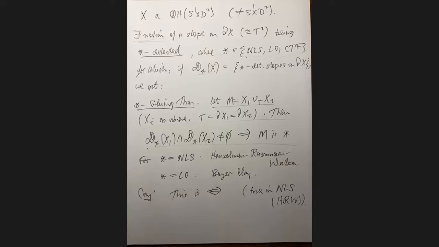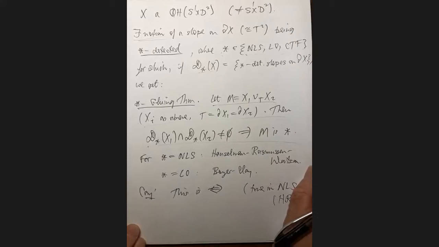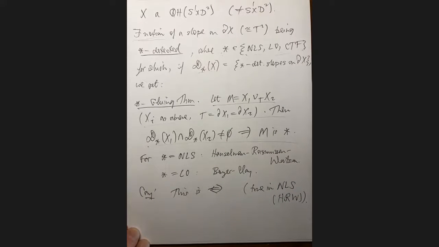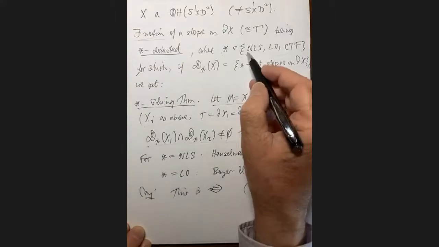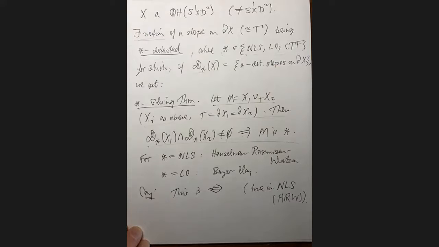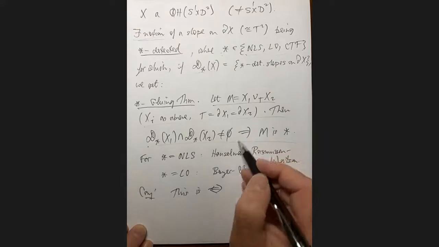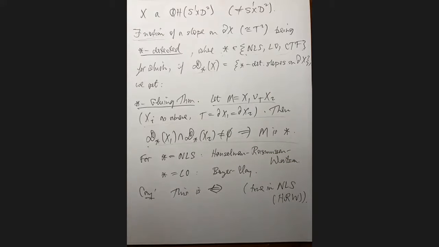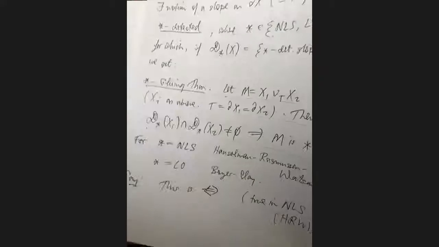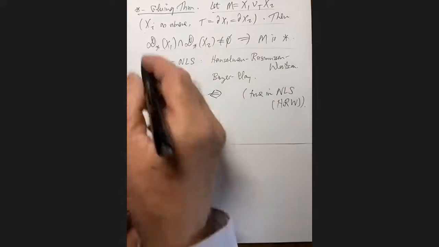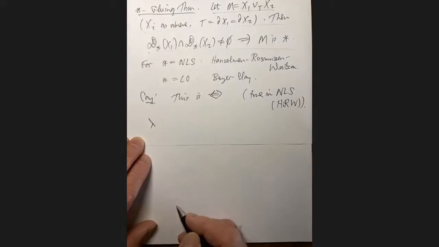For example, it's always true that if you do a Dehn filling along a slope on X and you get a manifold with one of these properties, then in fact that slope is star detected. On the other hand, if you took that as your definition, you would not get an if and only if here. So you have to look at a more general class of slopes. So the definition has to be different. It's not that definition. And let me just make an additional remark here: when you have a rational homology solid torus, there's always a rational longitude.